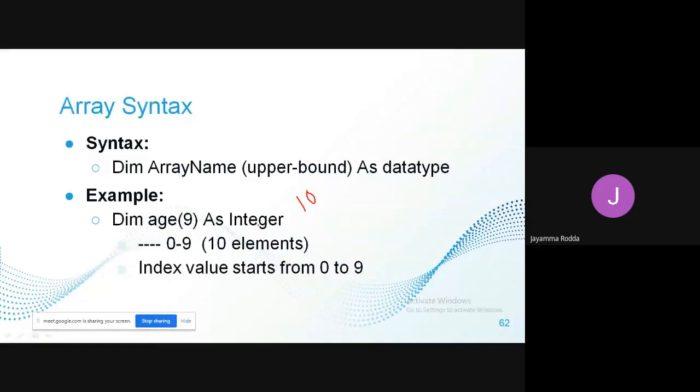Integer is the data type. It is storing 0 to 9, that is 10 elements, and the index value always starts from 0, so we give the value 9 rather than 10 to indicate that it is going to store 10 values.